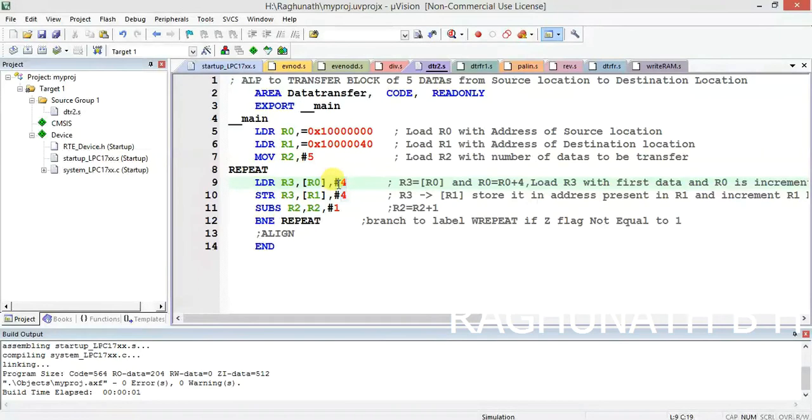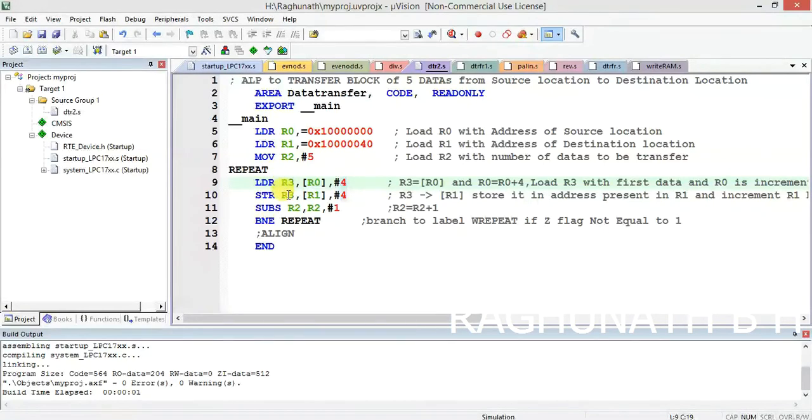After the transfer, R0 will be incremented by 4 because it should go to the next 32-bit data, and the next 32-bit means 4 bytes. After that, store the R3 content into the address specified by R1. In R3, in the previous instruction, we loaded the first data from the source location.